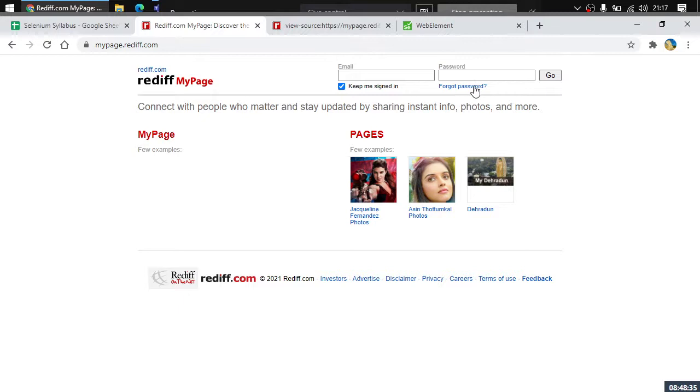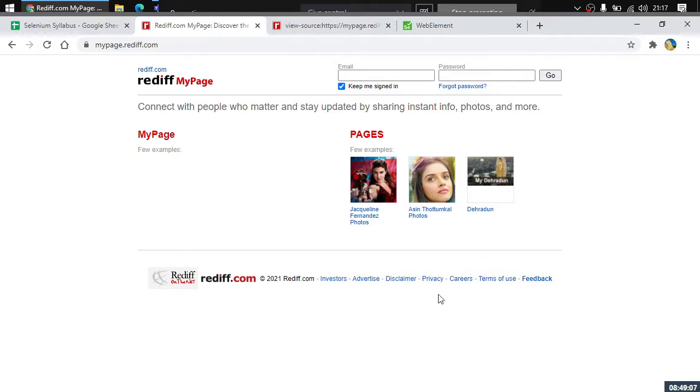So here you can see that on forgot password, nothing is shown on the bottom left corner of the screen. Or if I move my cursor over to rediff.com, on the bottom left corner of my screen, you can see that it is written as www.rediff.com. So here you can see that this is the hyperlink. If I move my cursor over here, this is also a hyperlink. This is also a hyperlink, and this is also a hyperlink, right? So here, let us just analyze one of these links.